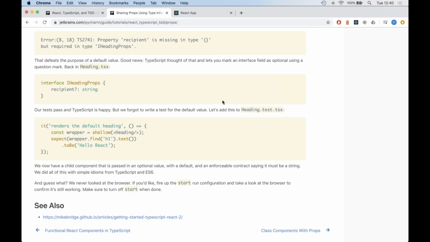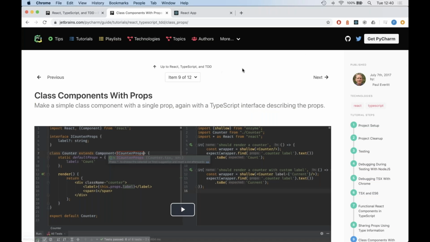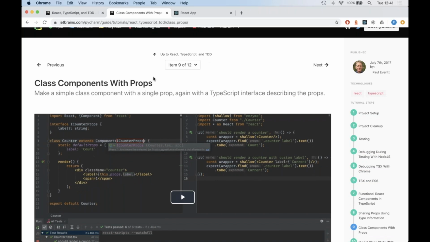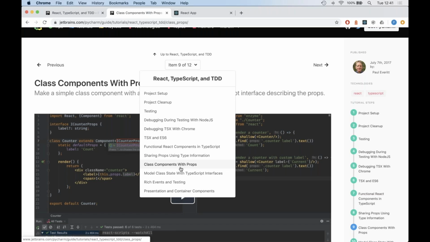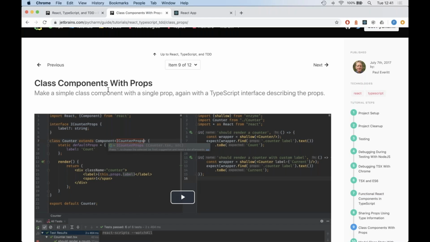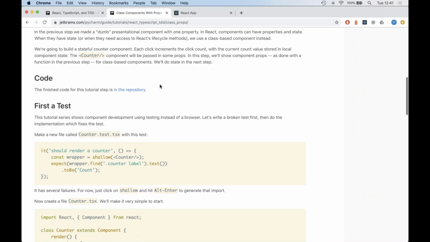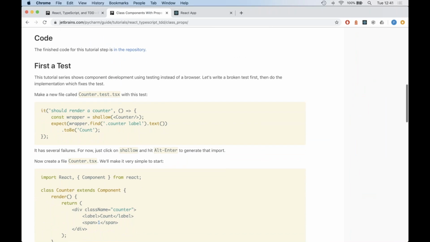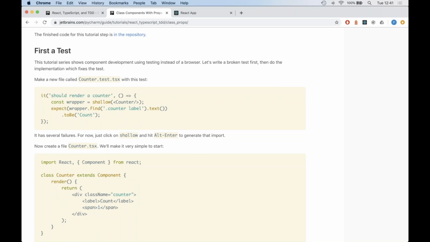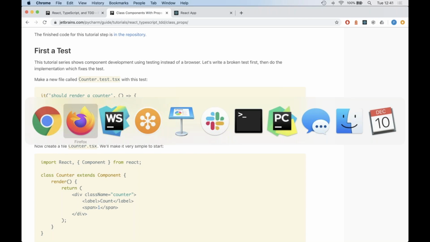All right, good. Okay, so the next step is going to be class component. I switched from a class component to a functional component. Now I'm switching back to a class-based component because the step after this is state. And we will have a stateful class-based component. In this step, though, we're basically going to recreate what we just did, a class-based component with a prop that's being passed in. But we're going to do a counter. And so just below this heading component, there will be a new component called a counter. So let me go back to WebStorm